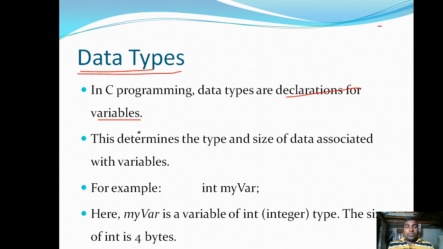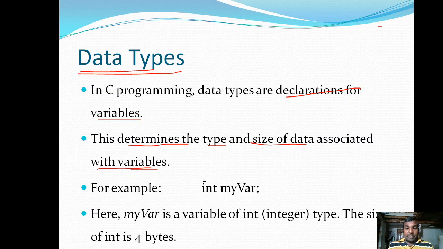These data types determine the type of data we are going to handle and the size of data that is associated with the variables.